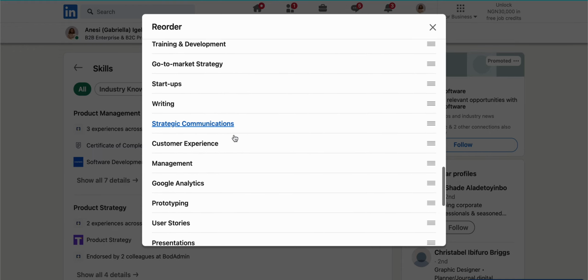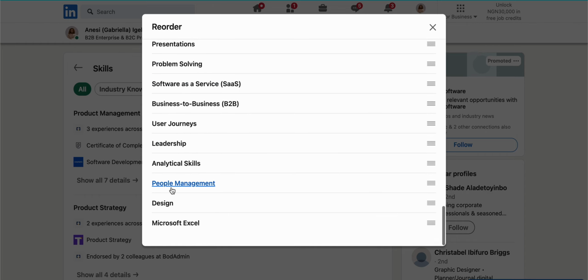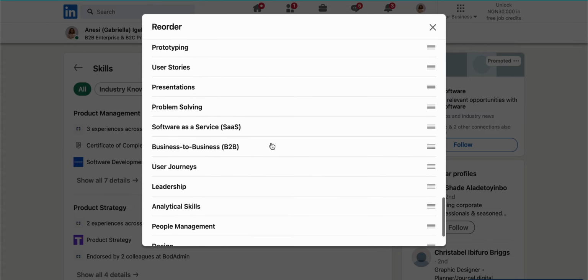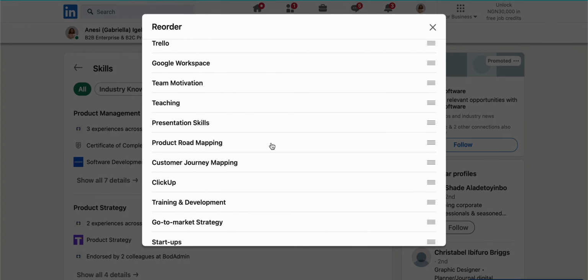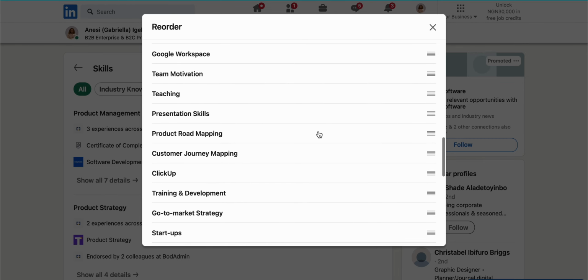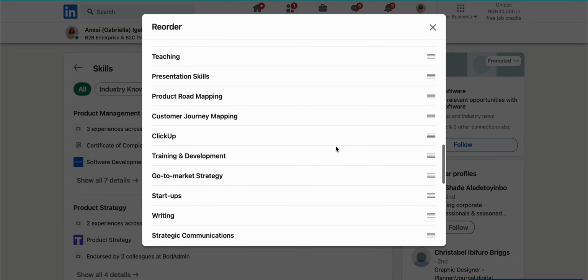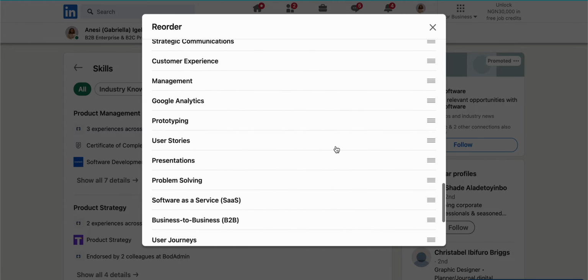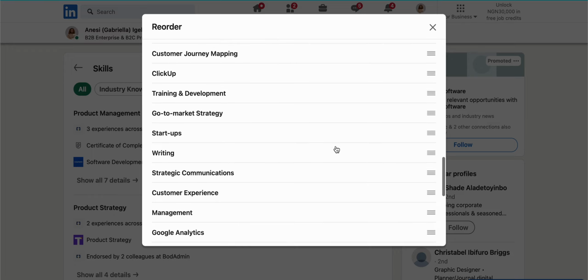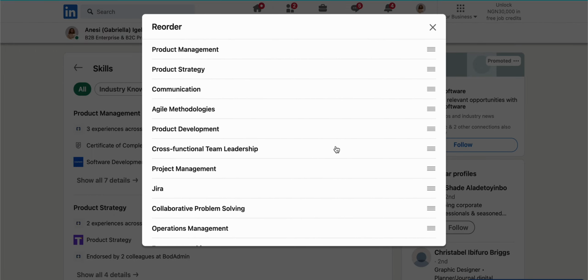And by the time you start writing, you see that it's up to 50. You can see prototyping, user stories, user journeys, design, Microsoft Excel. These are just different things, and at the end of the day, it doesn't look like a lot when I go up and down, but these are 52 skills. So you can go to my page, use this as probably a guide for the kind of skills that you want to be on your page as